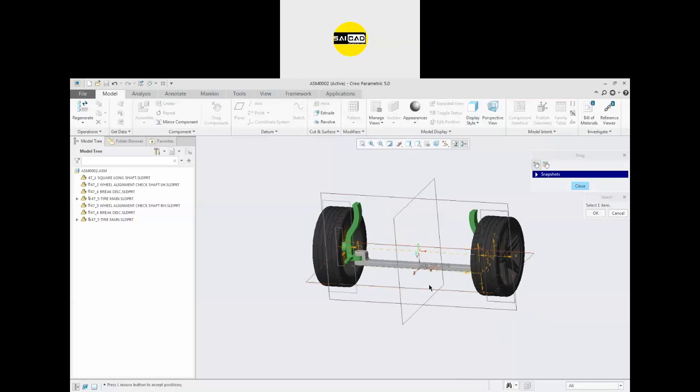So this is the basic assembly that we can use with the help of pin and simple general constraint. Any question in the general and the pin joint? After this, I'm going to move to the next joint, that is cylindrical.